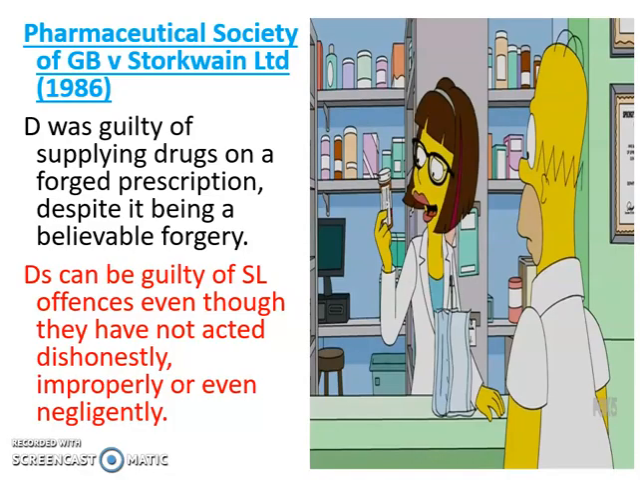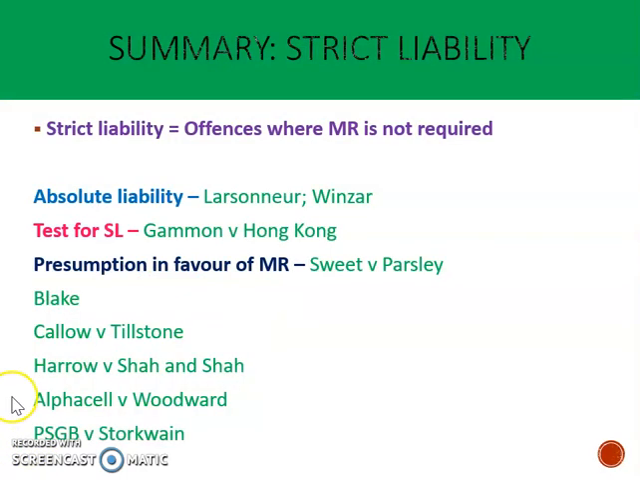And our last case for today is Pharmaceutical Society v Storkwain, and our defendant pharmacist was guilty of supplying drugs on a forged prescription, even though the forgery was very believable. And so you can be guilty of strict liability even where you've not acted dishonestly, improperly, or negligently, again showing how harsh it can be. So it might be worth just pausing the video at the end now on this summary sheet on what we've just gone